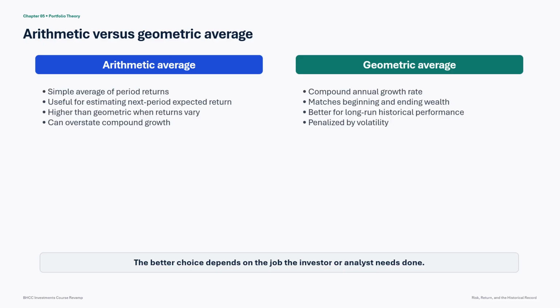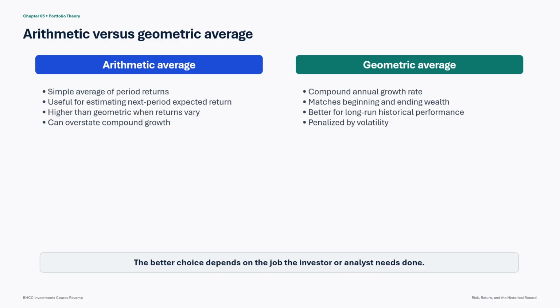This is sometimes called volatility drag, although the word drag can make it sound like a separate fee. It is simply the mathematics of compounding. A loss and an equal percentage gain do not cancel because they apply to different account values. After a 50% loss, the portfolio needs a 100% gain to recover. The arithmetic average says the average annual observation was 0. The account balance says otherwise. The account balance is a harsh but fair grader.